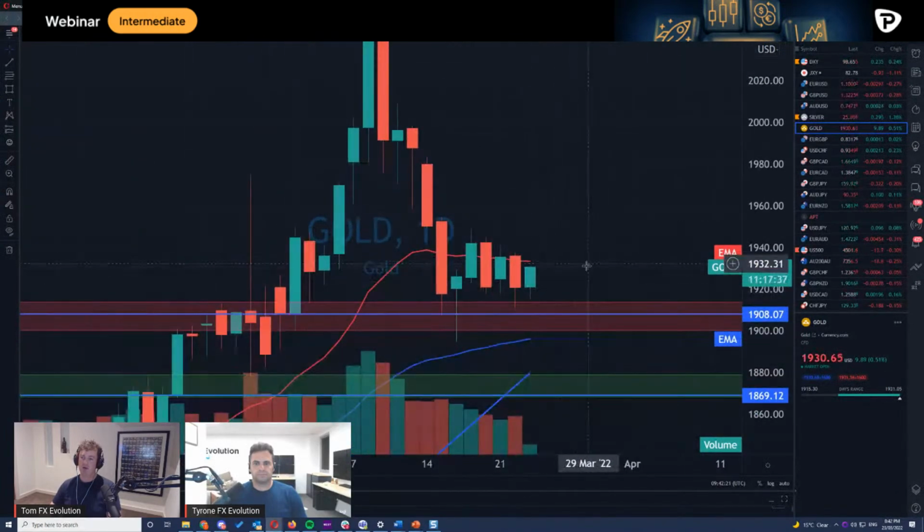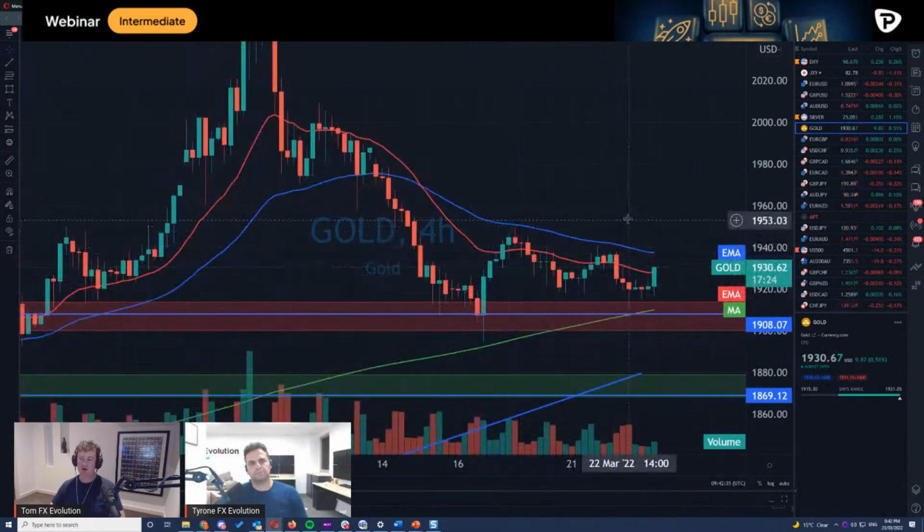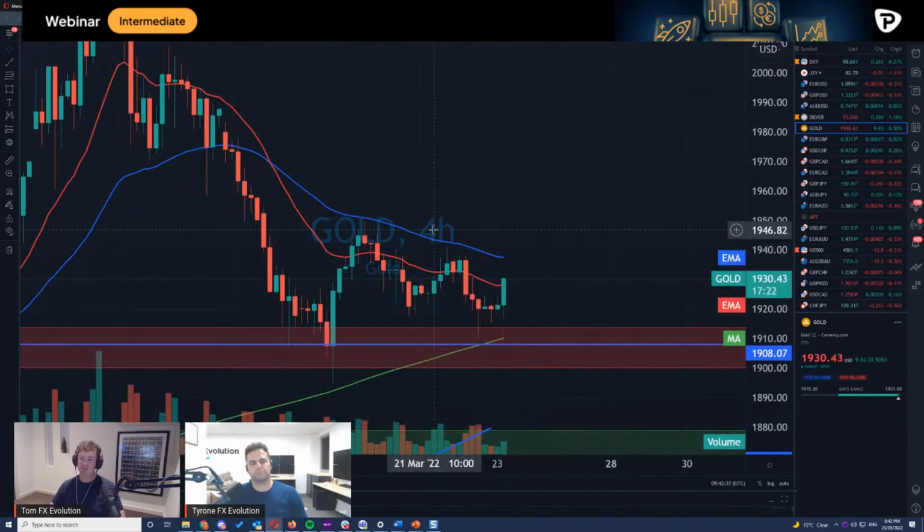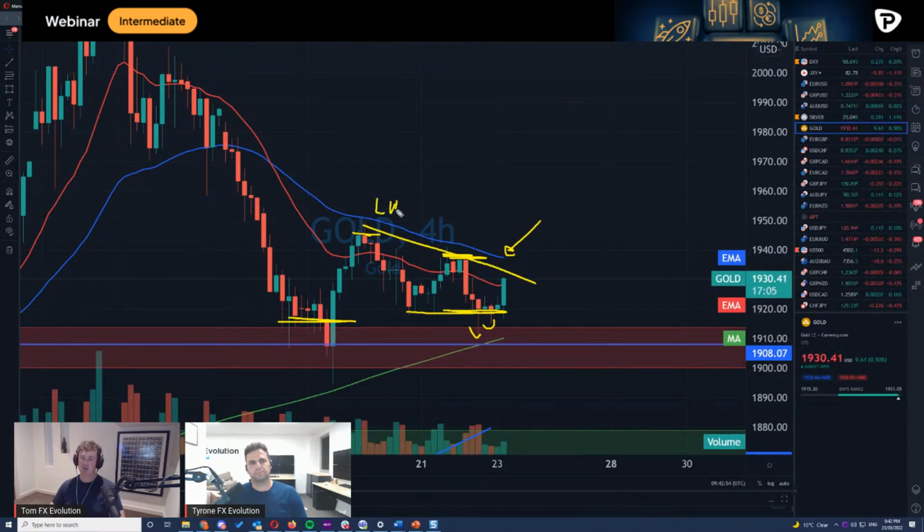So right now, if you look at gold and you said to Tyrone and I, what do you think about gold? I would say it looks like it's holding at this current zone. However, we don't have a clear signal or direction from it at this point. And you can tell in the price action. You go down to a 4 hour and you start looking at it and you say, well, has it bounced a few times? I guess on the 4 hour, it's bouncing better. And this is certainly a level of support. You have had a little bit of wick purchasing, but until it breaches past these periods here, e.g. the 1940 plus, and actually starts to break this series of lower highs that are coming through, Ty, it's going to be hard pressed to really love gold right now, isn't it?